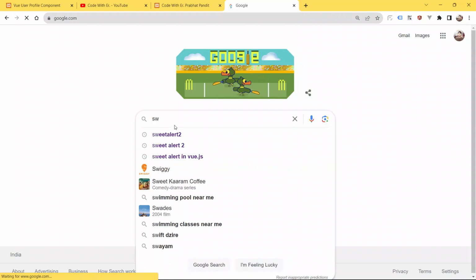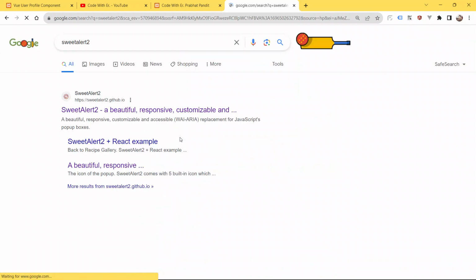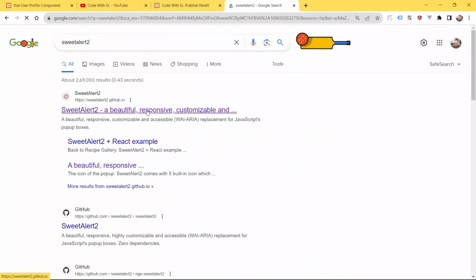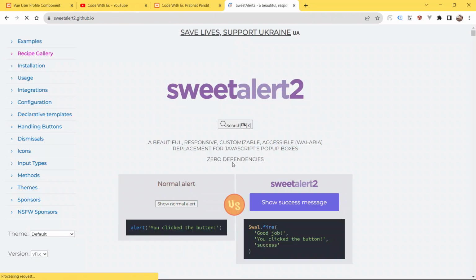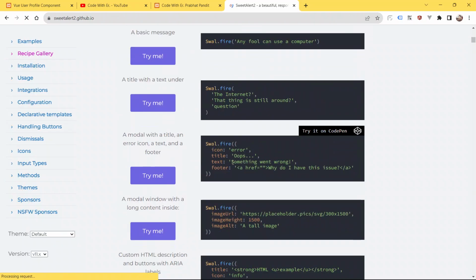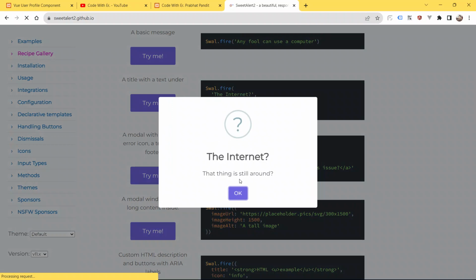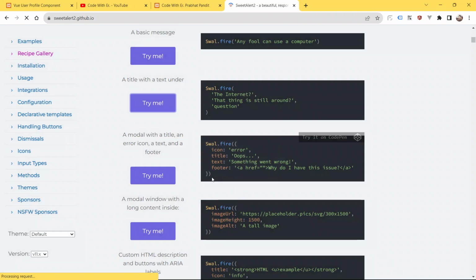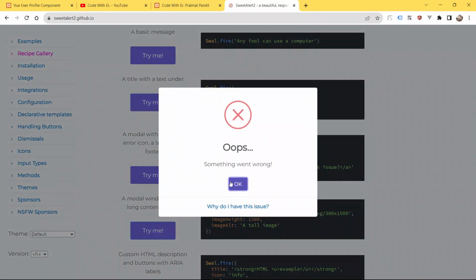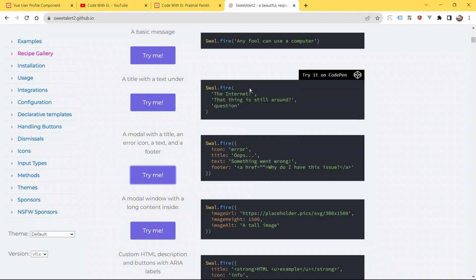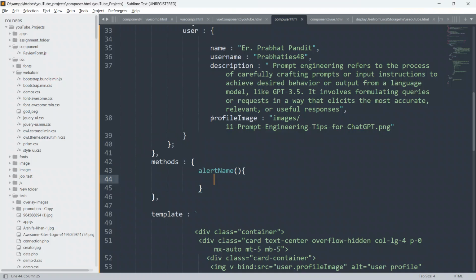Just to save our time, I am doing this. Click this and we will copy a basic example from here.